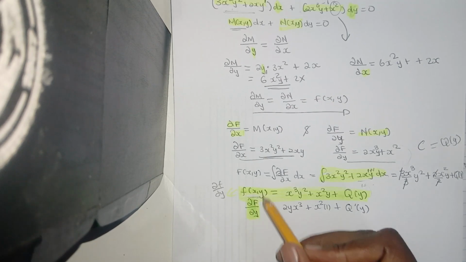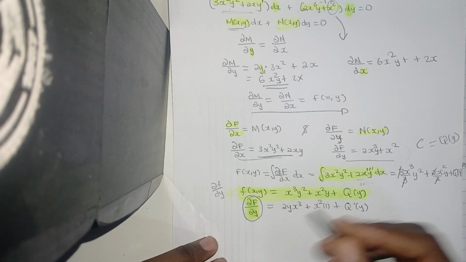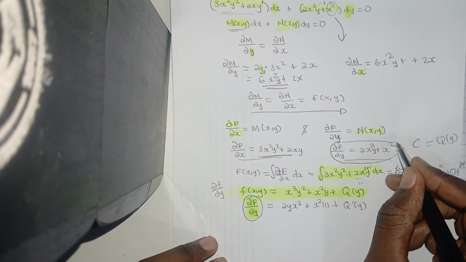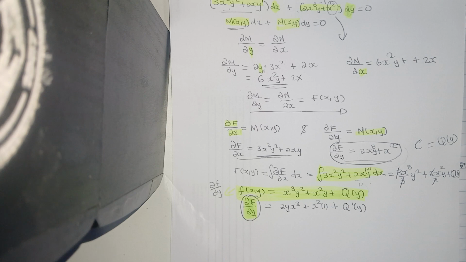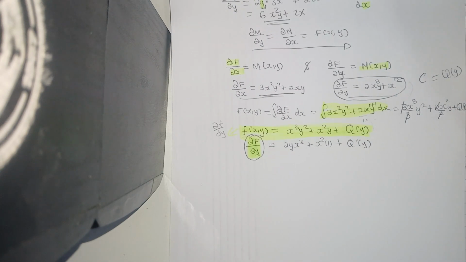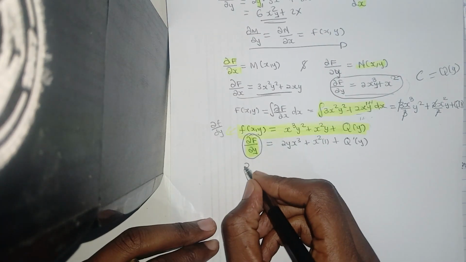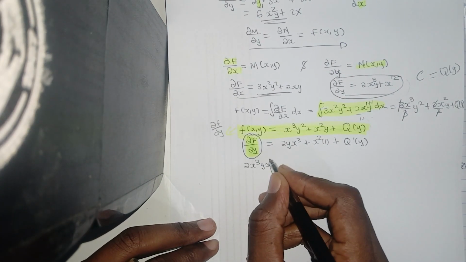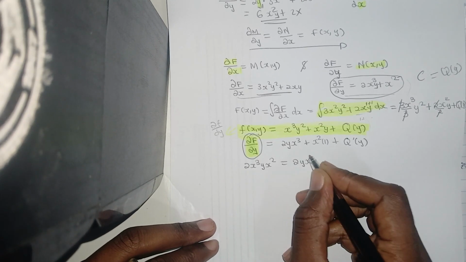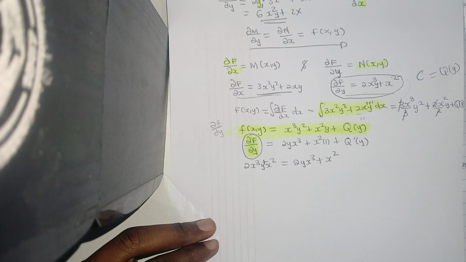So after doing that, I happen to have something that is exactly looking like this, and there is nothing I can do. This is mathematics. Mathematics is saying you should do what needs to be done, right? And in maths, you need to teach yourself to learn, not to unlearn, right? So now here we have to substitute this here. It will be 2x cubed y plus x squared is equal to 2yx cubed plus x squared